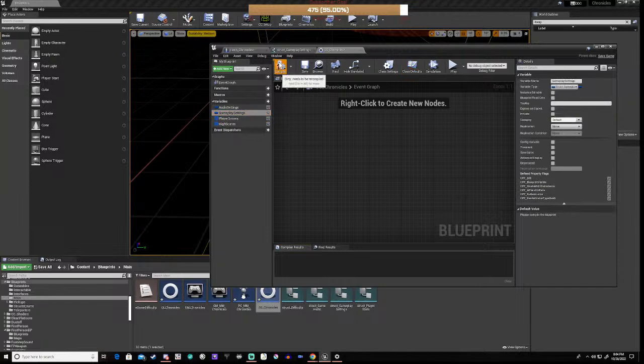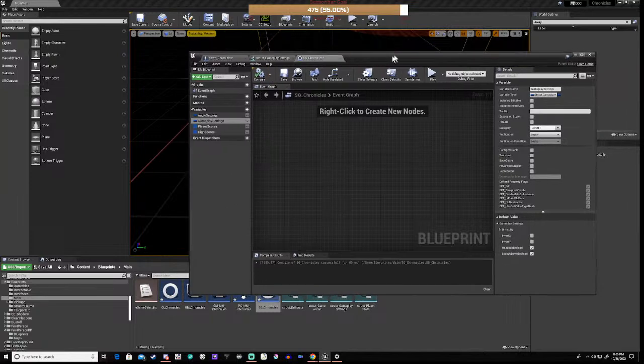Okay. Invert X, invert Y are going to be off, head bob enabled on, look up down enabled on. Okay,